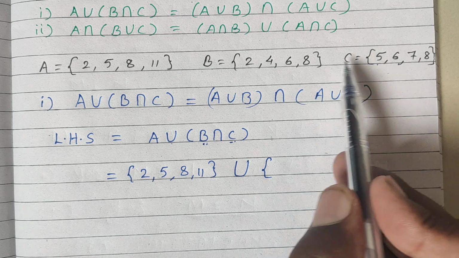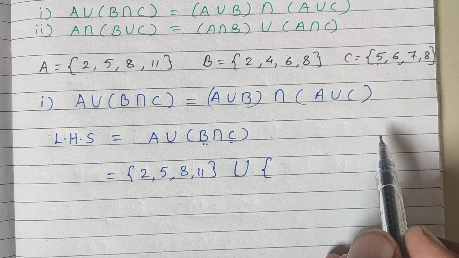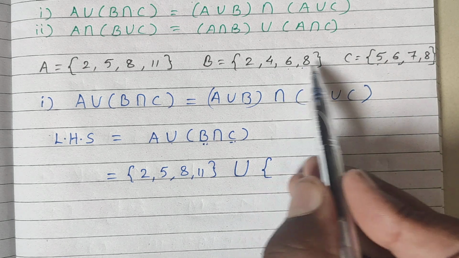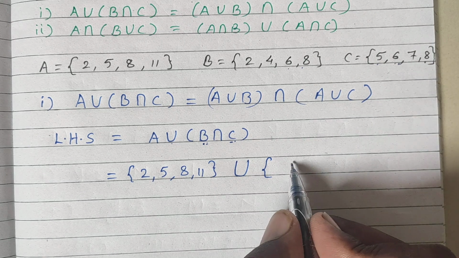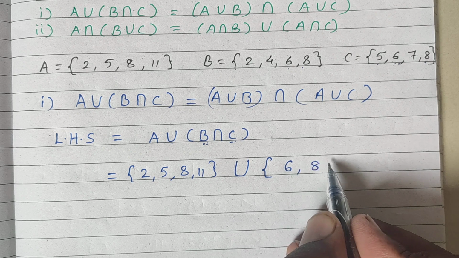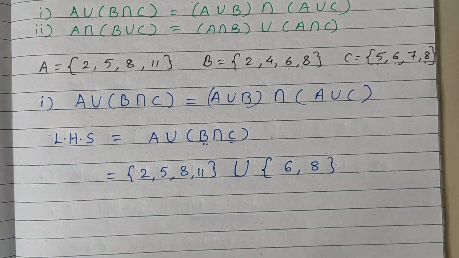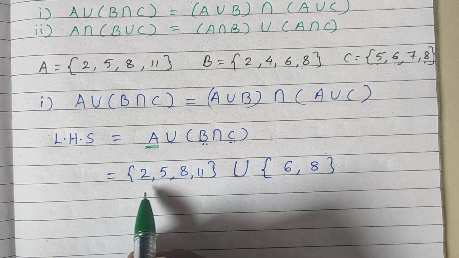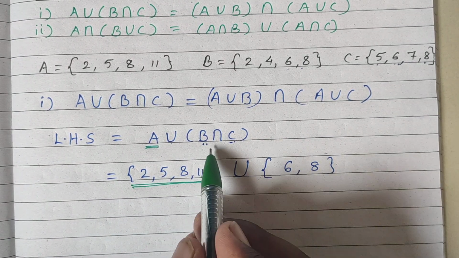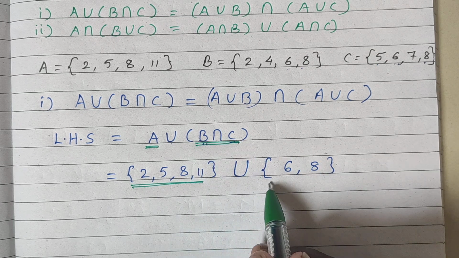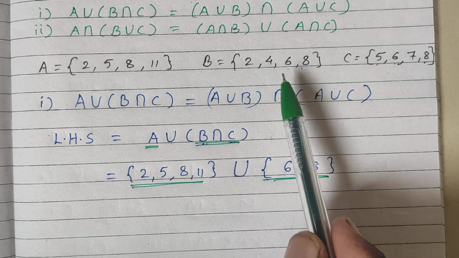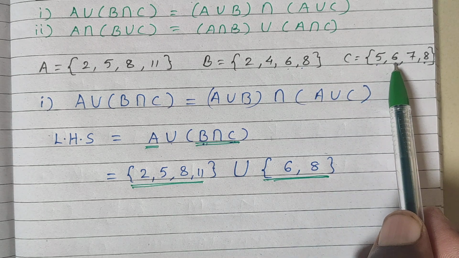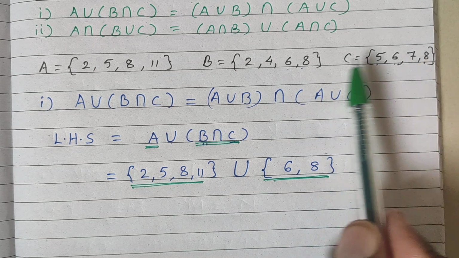Now students, tell me which elements are common in between. Can we say 6 is common here? And also 8 is common, right? So 6 and 8. Understood everyone? So our A set is as it is, we have written over here, and the intersection set means common elements of B and C. The common elements of B and C are 6 and 8.